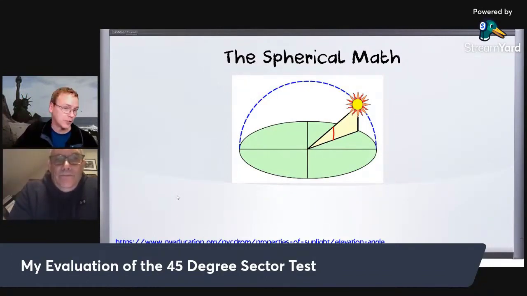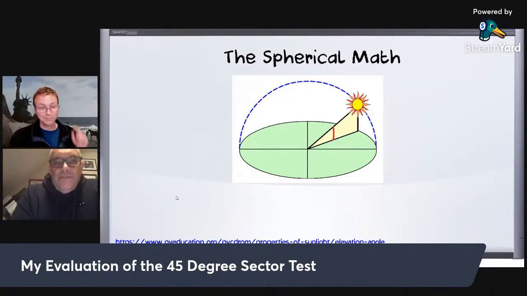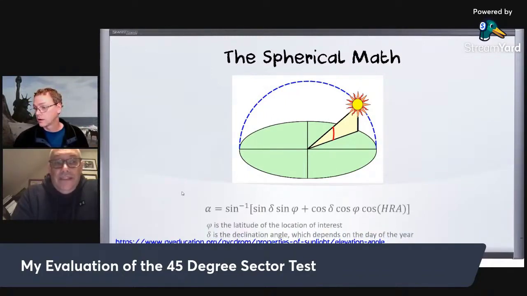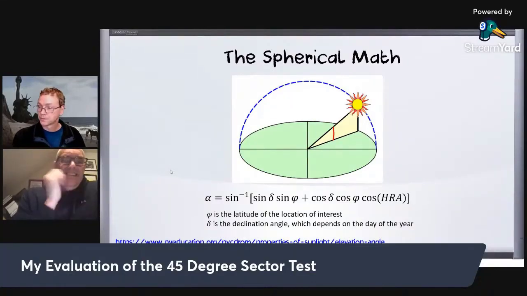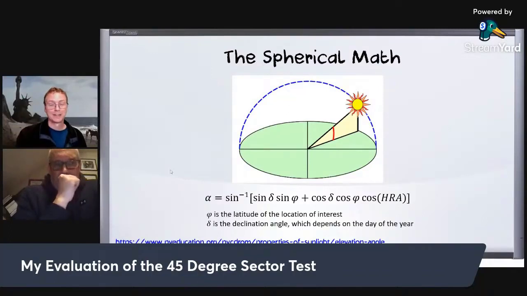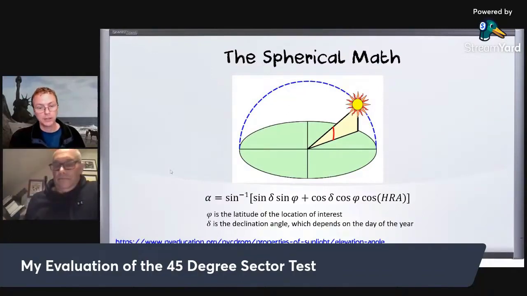They're selling solar cells, or they're talking about solar cells. Do you want to buy a solar panel for your roof? You want to know what is the angle to the sun. So they got it right. They know the angle to the sun because of solar panels. And they've got the math for you on there. And there it is. Yes, that is the equation for the angle of altitude of the sun.